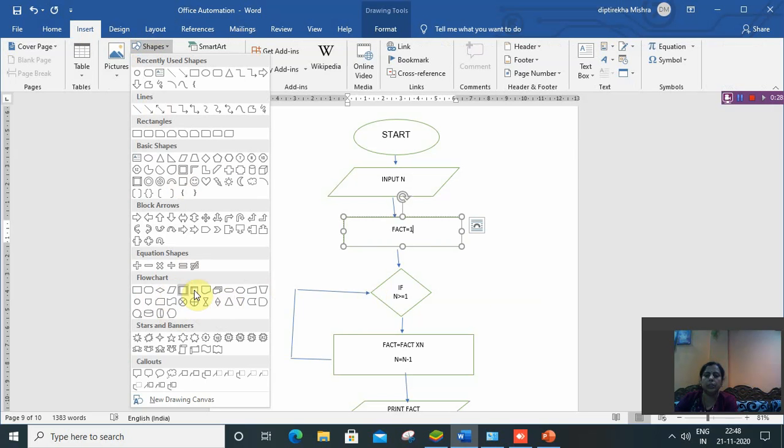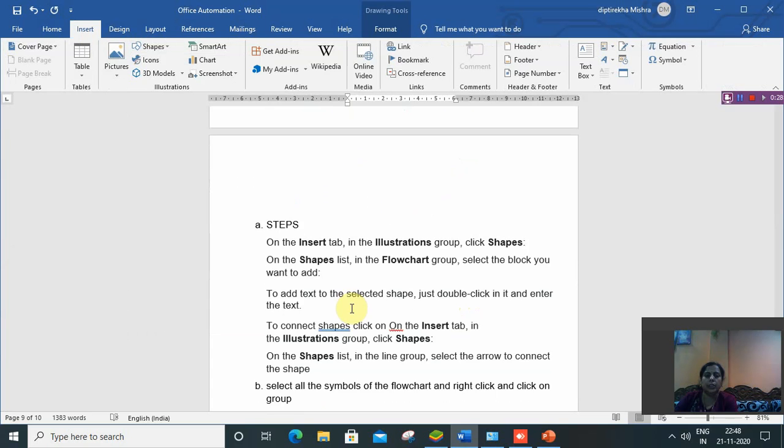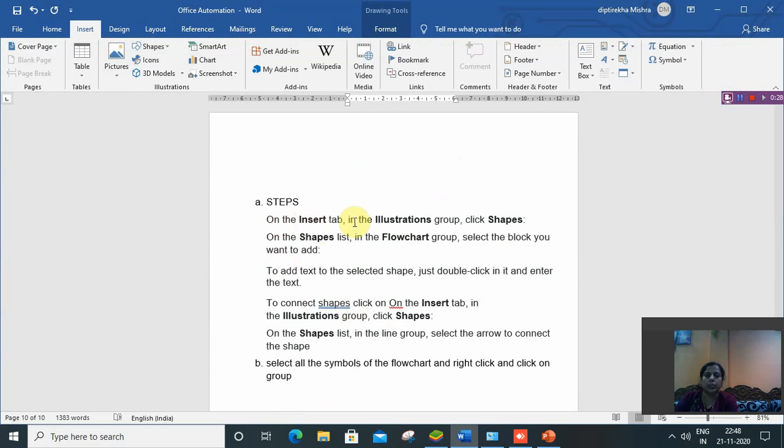Just draw it. On the insert tab in the illustration group click on the shape list. In the flowchart group select the block you want to add. These are the steps. To add text to the selected shape, just double click and enter the text.